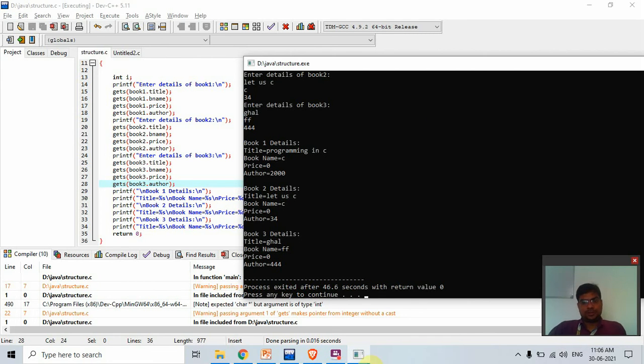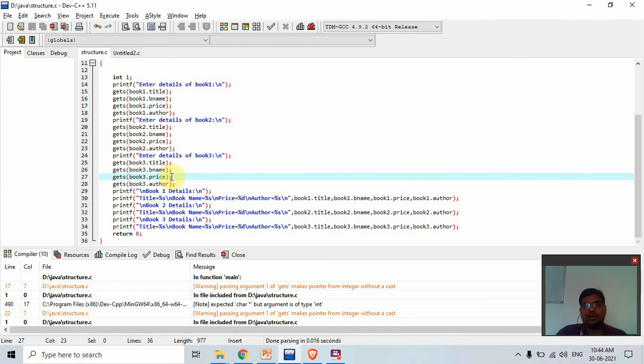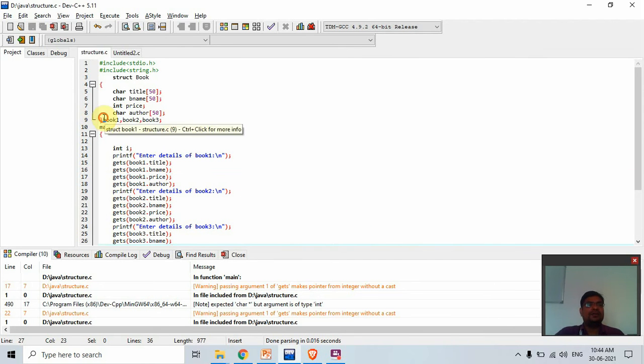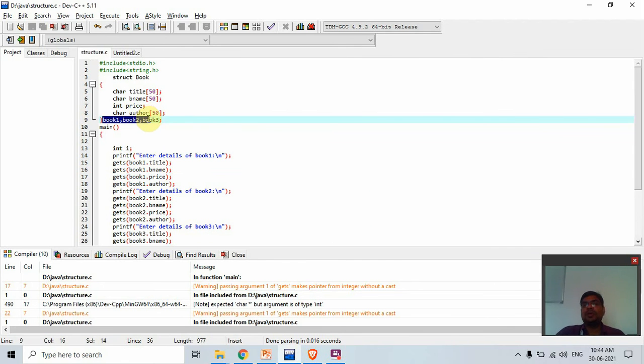Okay, now this is the simple example. Now we discuss a different type of structure variable declaration. There is one example that declares book 1, book 2 and book 3.